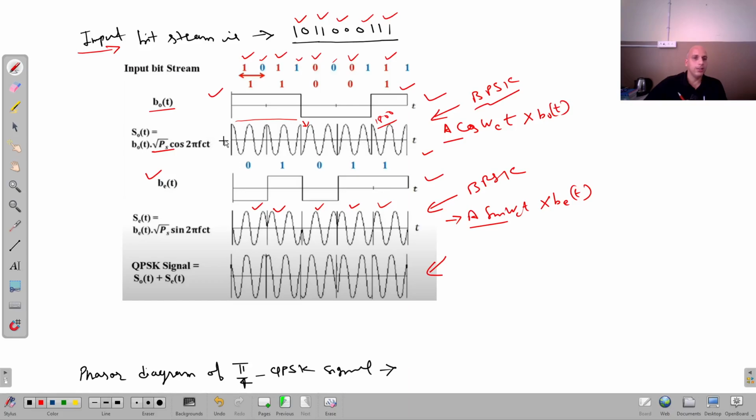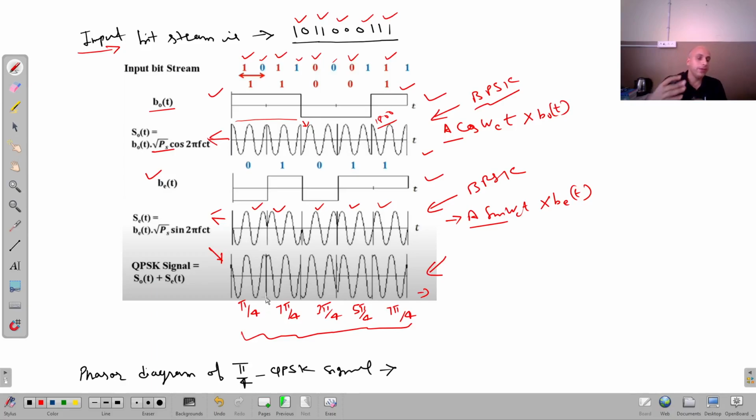Then these two signals, this one and this one, are added together to generate the resultant QPSK wave. You can see here, now in this QPSK wave, the phase difference between the resultant wave and the original carrier wave is π/4, right? And here the phase difference is 7π/4, here it is 3π/4, here it is 5π/4, it is again 7π/4. So this is the difference between different